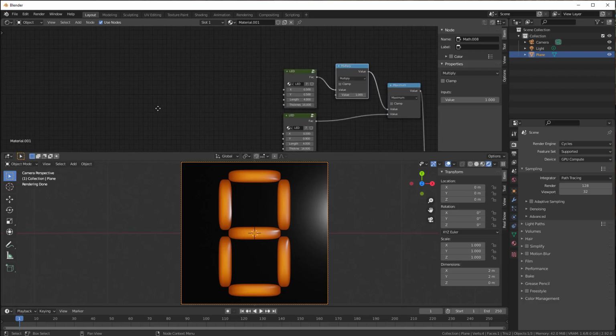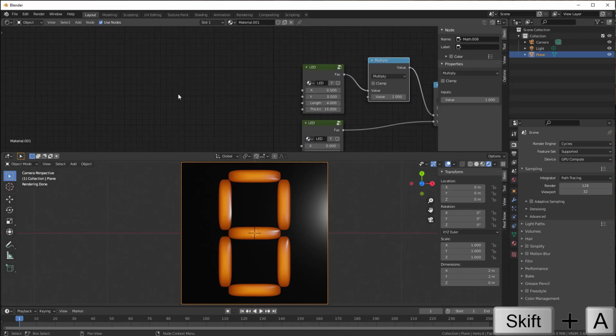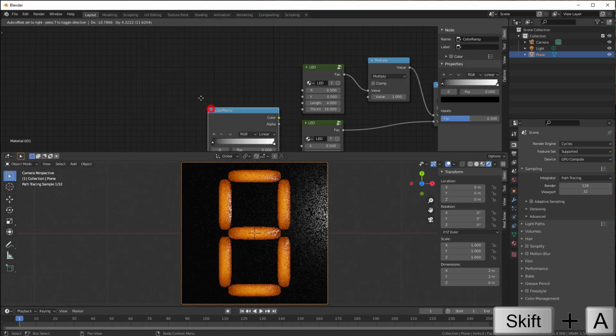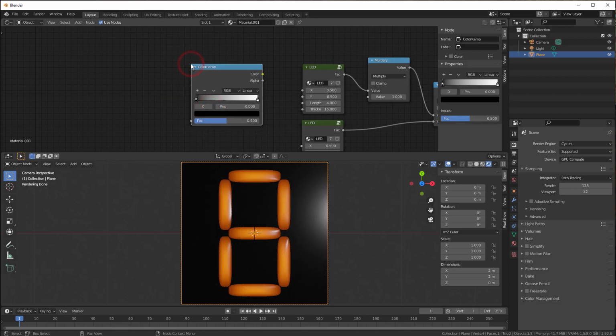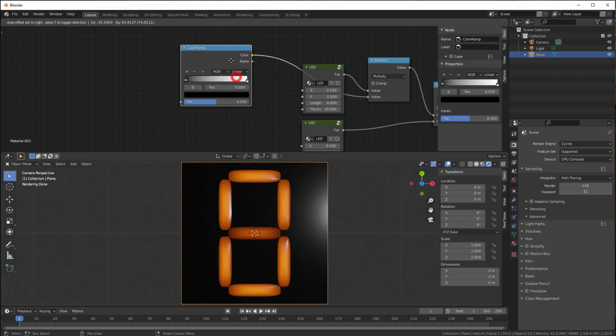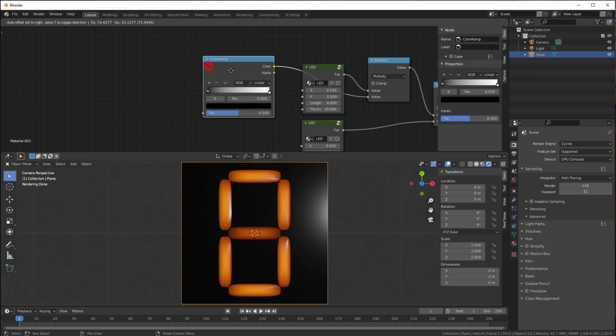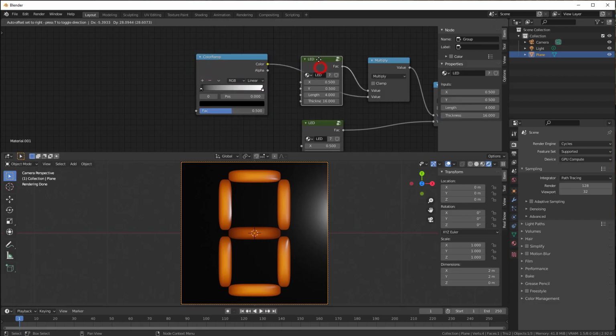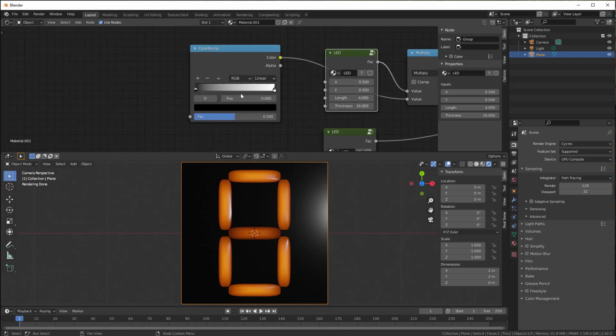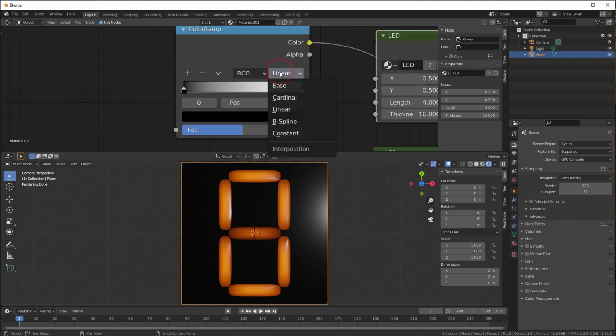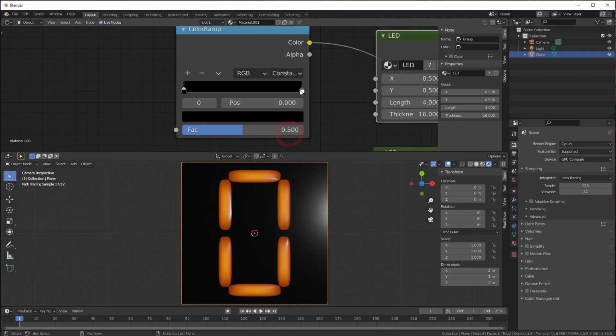So I start with one color ramp here and press Shift A, converter, and the color ramp like that. And then I can take the color here and put that to the multiply here. So now we have a controller here for the first LED that we're using. And what we can do with this one is change the linear into constant, because now it's either